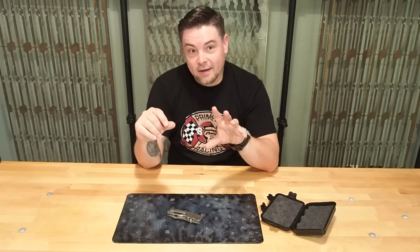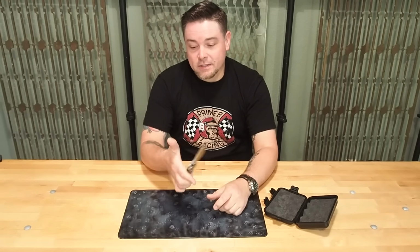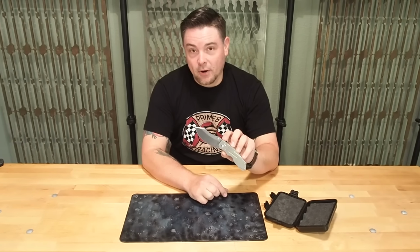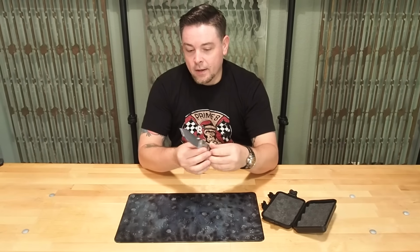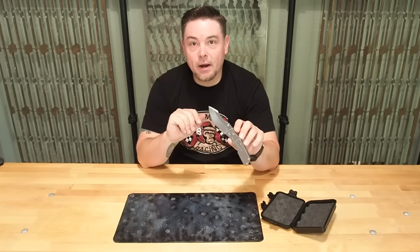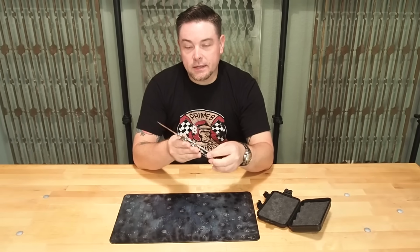So with that being said, this is the production Kingdom Armory Samaritan. David Ridbaum, Kingdom Armory, super cool guy and super awesome knife maker. His customs are on a multi-year wait list. Has some real distinct looking designs. The Samaritan has kind of been his signature model, for lack of a better term, the model design that he's most